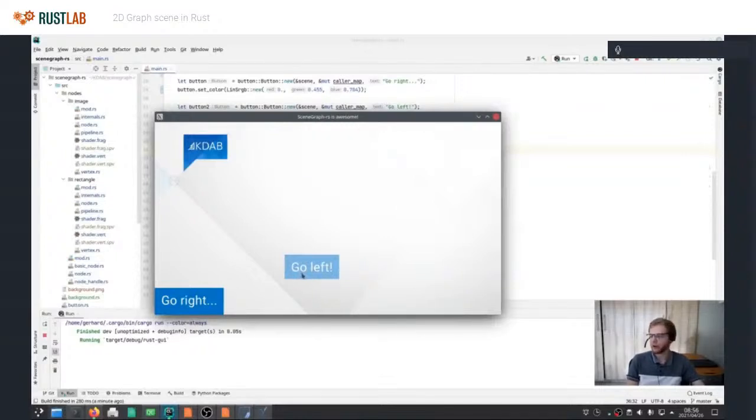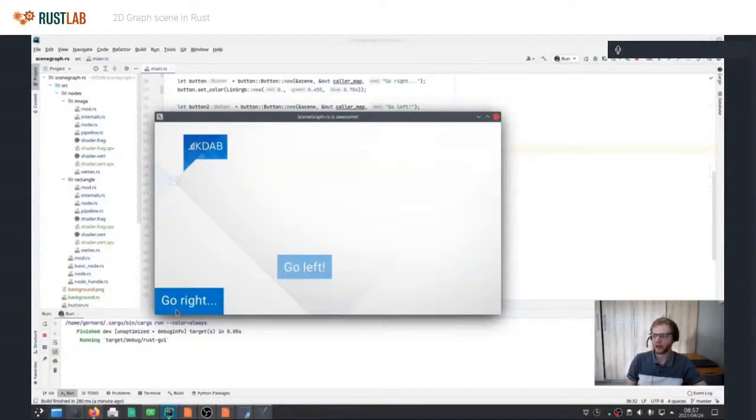Although I should mention my text nodes aren't quite like the cute quick text node I showed you earlier. I don't have that level of complexity yet. These text nodes right now are only image nodes. The only thing I do is wrap an image node in something which, when you set the text property, uses CPU rendering to render the text into an image, and then uploads that image to the image node.